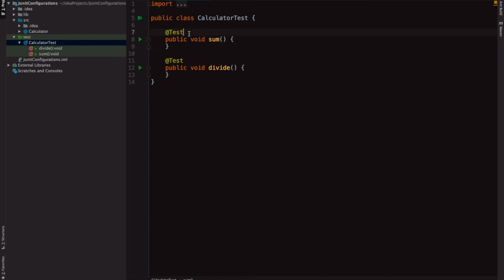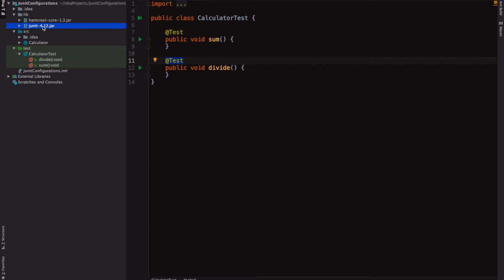And this means our JUnit is properly configured as we are not getting any compilation issues. Also, the JUnit library which we selected was downloaded into the libs folder. See this, I have selected version 4.12, so it is downloaded into the libs folder of my project.